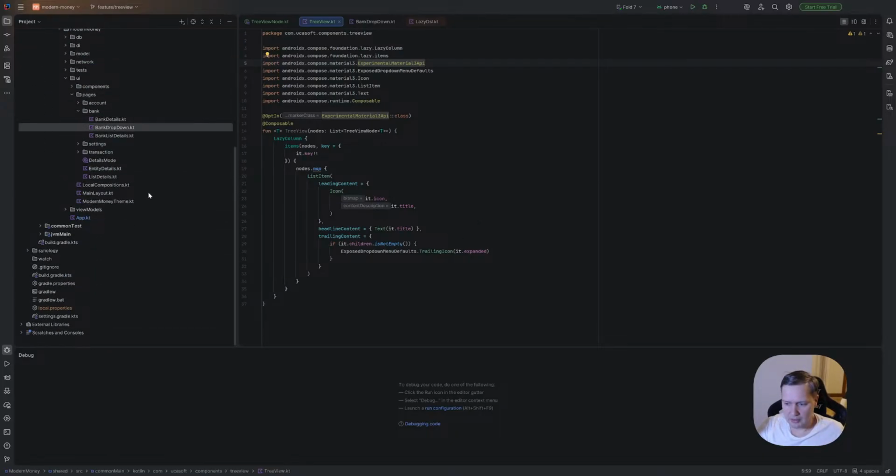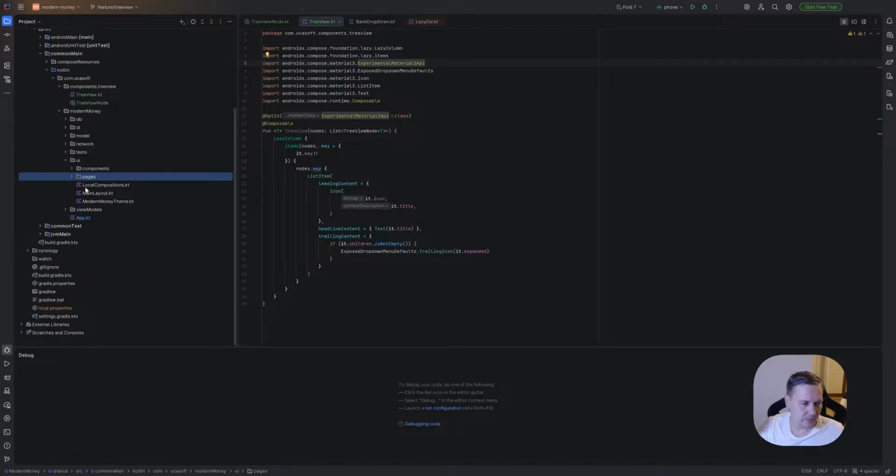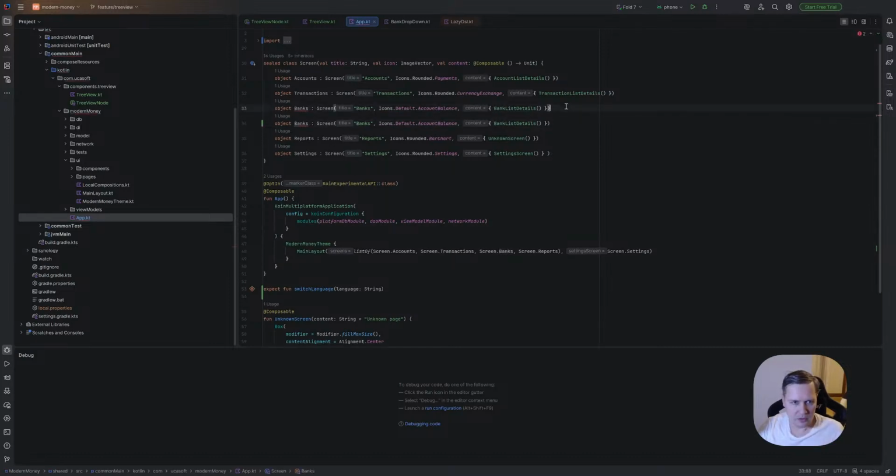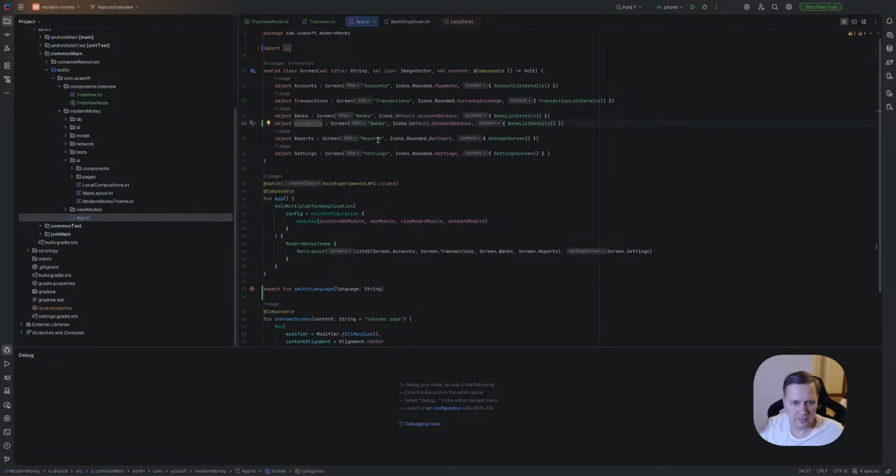Again, we just started. We will continue work on it. So let's go to our screens, and here we need one more screen. Call it categories. Categories, and category.